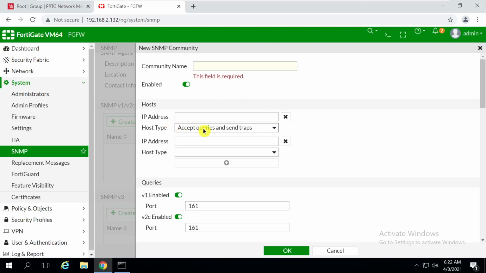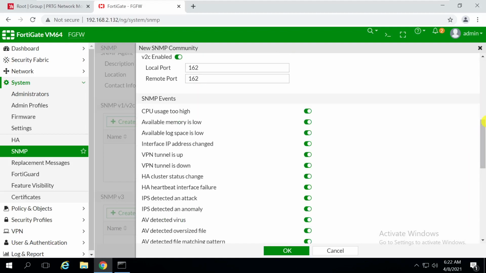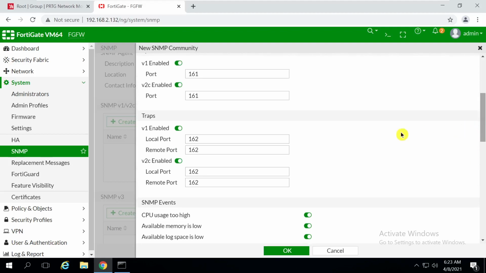You can add multiple hosts here, and once you enable that, this is the place where you can enable version 1, both version 1 enabled for the traps, and this is for version 2.